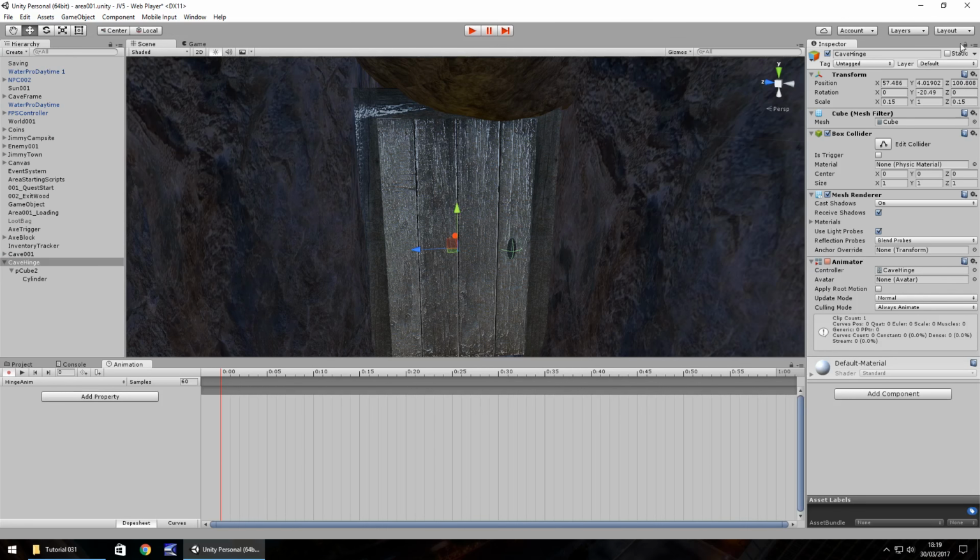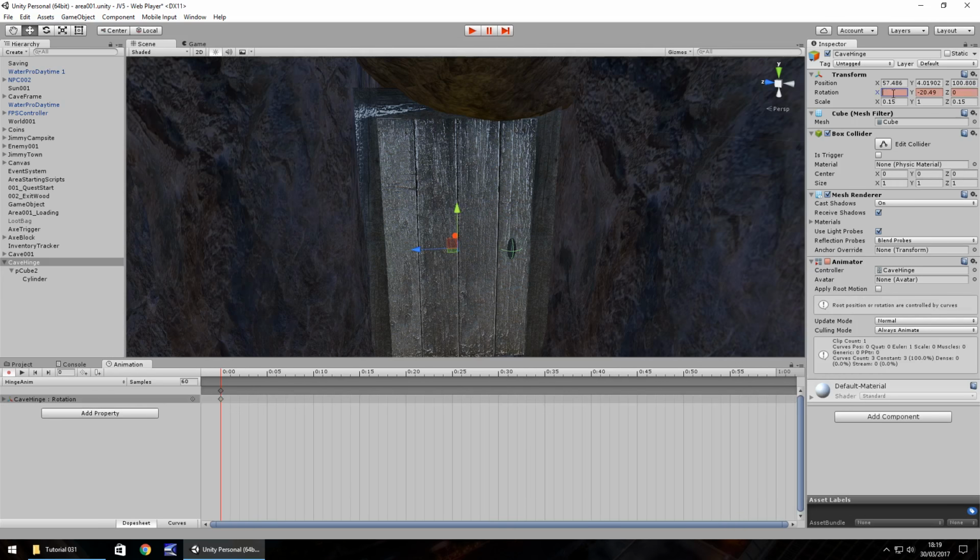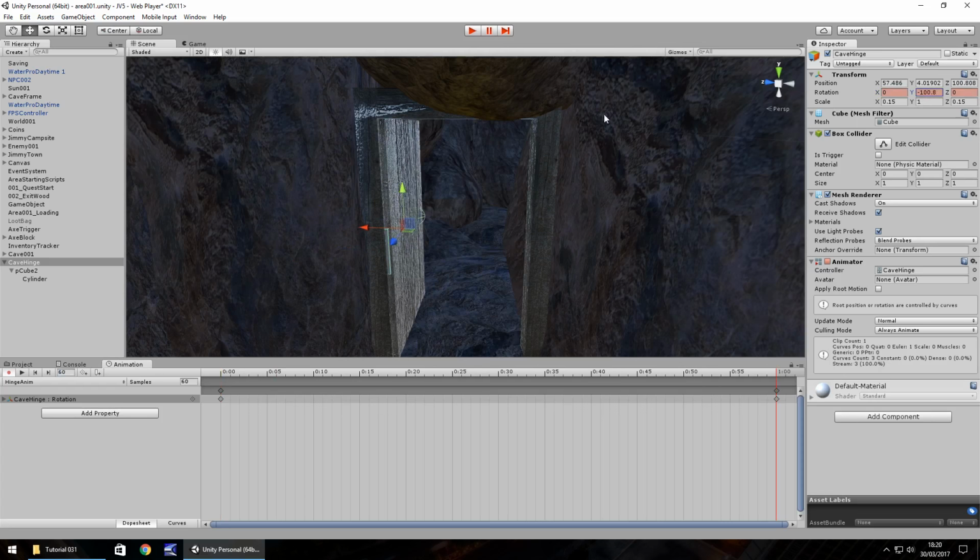And what we're going to need to do is make sure this cave hinge is as it should be. So for example, on the X rotation, put 1 and then put 0. All that does is ensure that the first frame is exactly how it should be. So let's say after 60 frames, which is 1 second, we want our door to be open, let's say that much. So set it there, click stop,